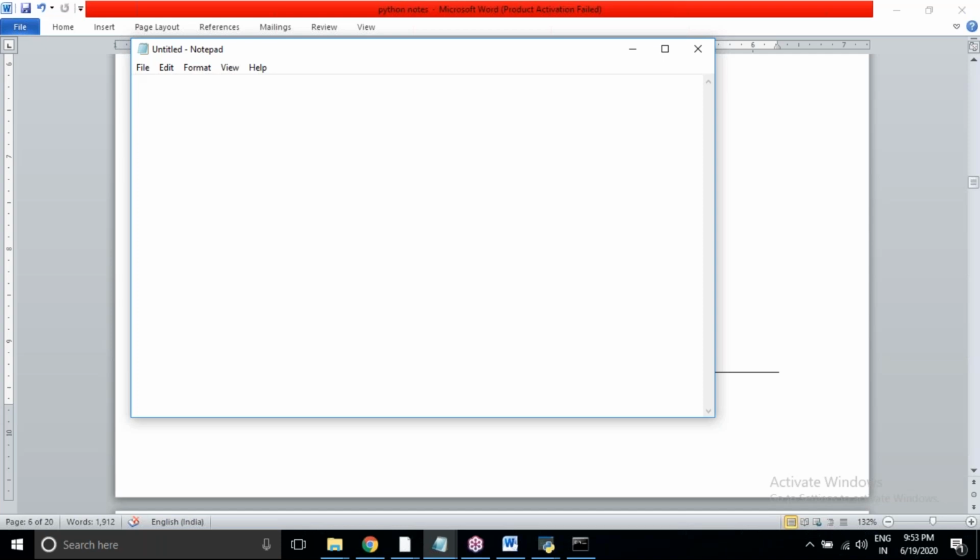Like for example, in the C language, when I use arrays, I'll give int a of 10. So int a of 10 means in a variable a, I can store 10 values. It is a subscript which is given. So in variable a, I can store 10 values, and all the 10 values should be integer values.